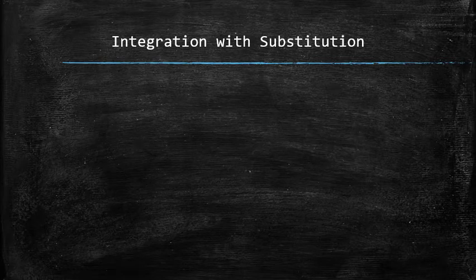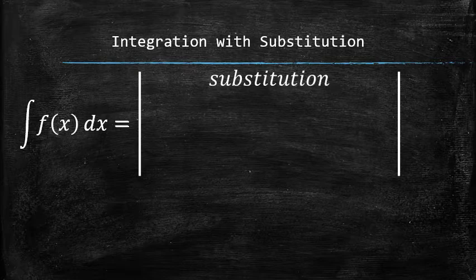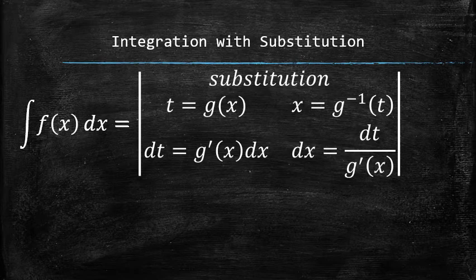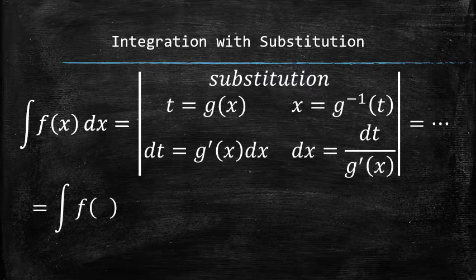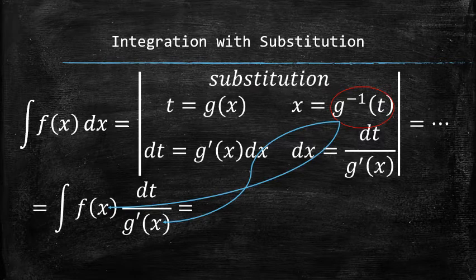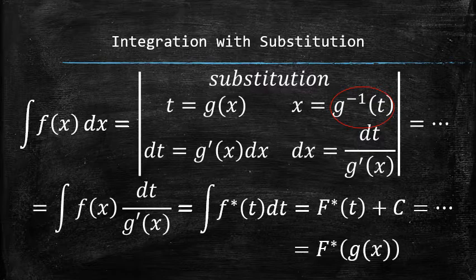The true power of the substitution technique is that it can also be used without any visible patterns. In such a case, we add an extra step of expressing x and dx in terms of t and the derivative of g. Then we plug it into the original integral with the hope that x would cancel one way or another. Whichever x's are still present, we will replace them with the inverse of g. Once we only have t's in the integrand, we continue with the integration process by finding the antiderivative and replacing t with the original function.